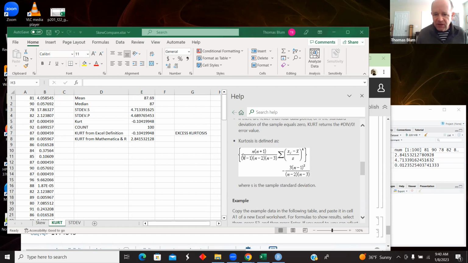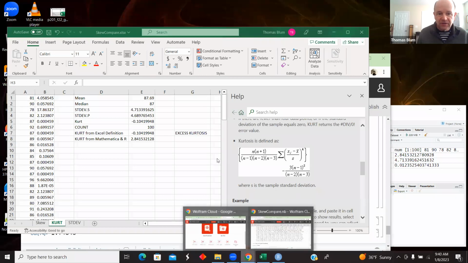They are giving me the definition right here: we are summing the difference between a data point and the mean, and dividing that by the standard deviation, and the kurtosis is related to the fourth moment. So then we are taking that to the fourth power and summing that up. Okay, so this quantity that's raised to the fourth power is the difference between a data point and the mean divided by the standard deviation. So that is